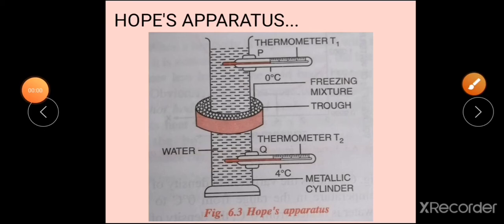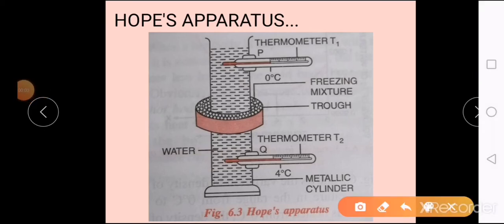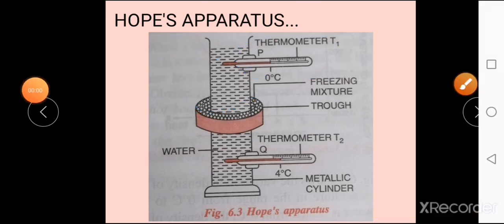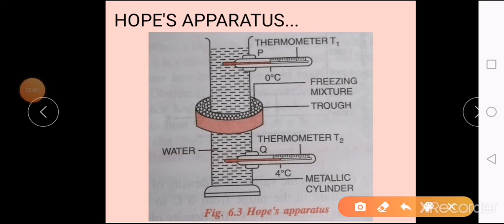Now once this reaches 4 degrees Celsius, now you will see that the thermometer reading T1 is also going to change. That is, the reading of thermometer T1 will also start to decrease rapidly and comes down to 0 degrees Celsius, where that part will become ice, isn't it? Because you have taken water in that at 0 degrees Celsius, water changes to ice form. Now once the thermometer reading T1 comes to 0 degrees Celsius, that is also going to be steady, no more further changes.